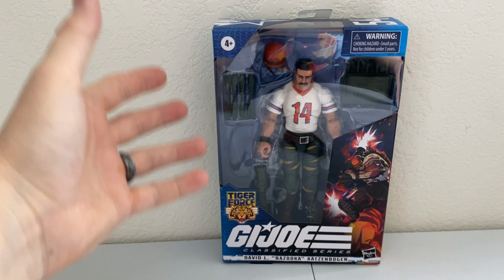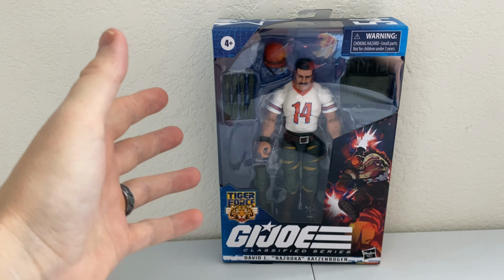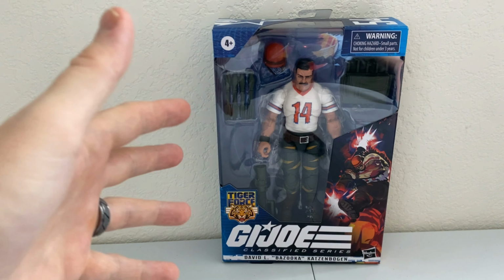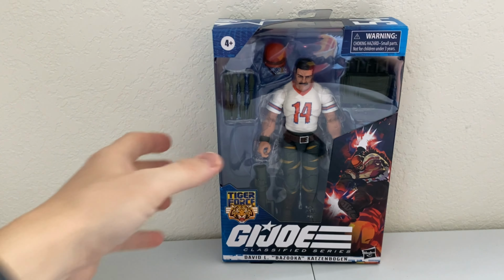Here he is, David L. Bazooka Katzenbogen, if I'm pronouncing that right at all. I love how sometimes they can just call a character by their code name, and then other times they have to completely rename it because of rights to the name or whatever the reason is. But yeah, here we go. He is in that